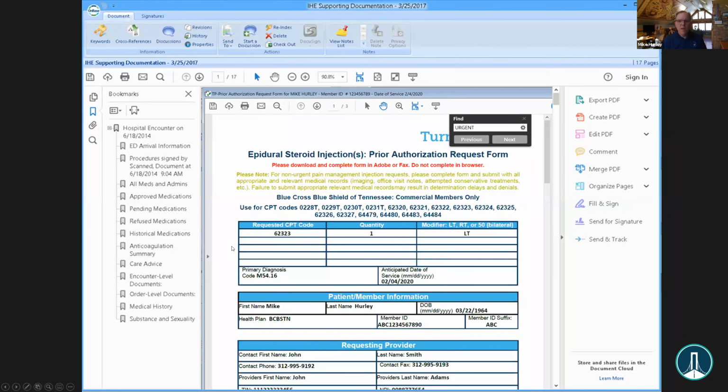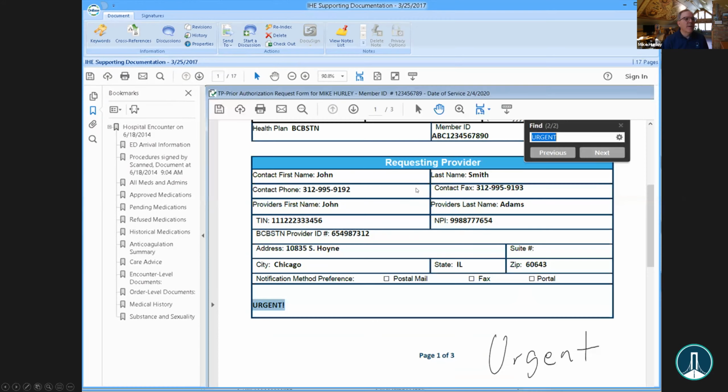Another thing we do is that full text search component. So I'm in the record, and I just want to go look for the word urgent in the document. Of course, I see that there's two cases here of urgent, and it found them both. So the key thing here is the document's tagged so that the nurse can go right to a particular spot on the document. Want to look for a particular drug or a particular diagnosis code, for example, it definitely can go right in there and do that. So providing a full set of tools to the nurses is really critical.